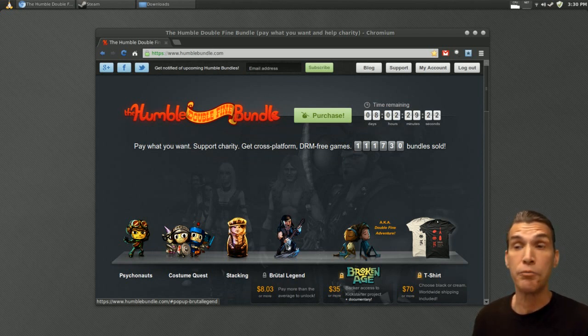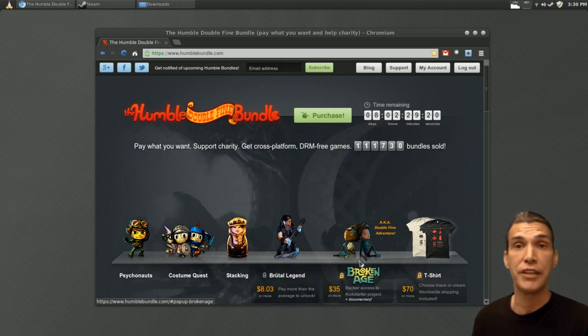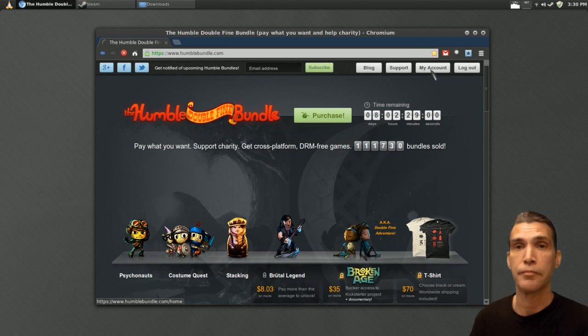And if you donate even more, then you can even get access to the Kickstarter project on some of these bundles. I've been buying into these for quite a while now, and I've got some really great games, not only for my Linux desktop, but also some great games for my Android phone as well. So this is a wonderful thing. And once you've purchased your games, you just go into your account,